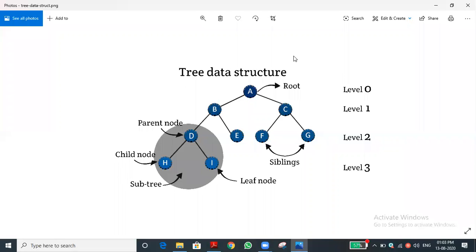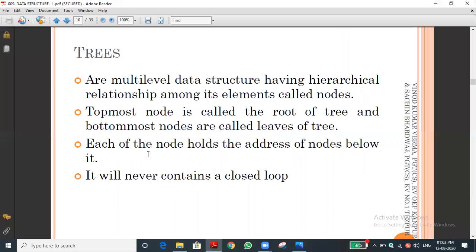For example, B is a node, so it will hold two addresses: the address of D as well as the address of E, because it is classified into two branches. Similarly, A will hold the address of B as well as C. Do you understand? Yes, sir. That is the concept.